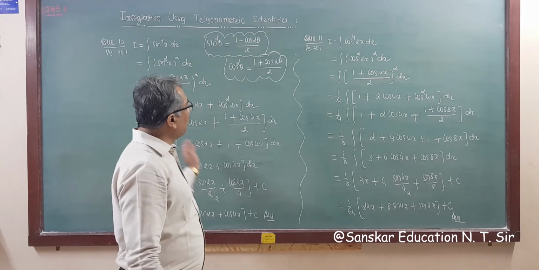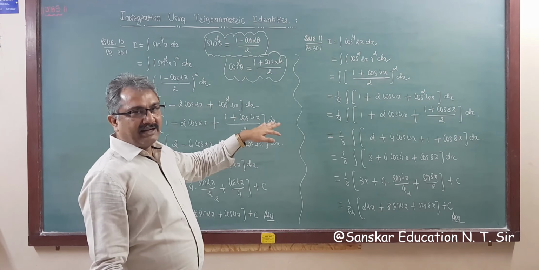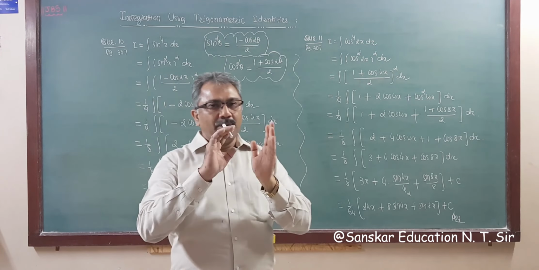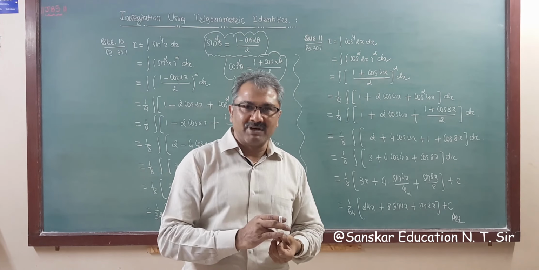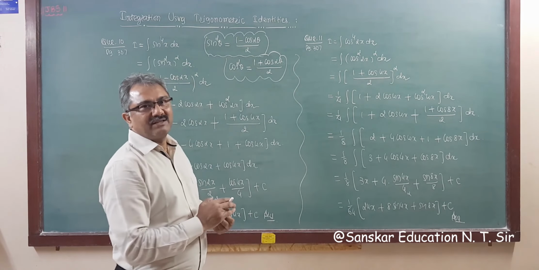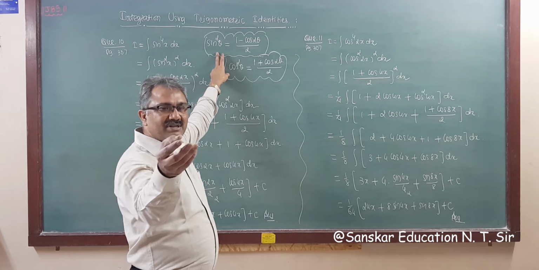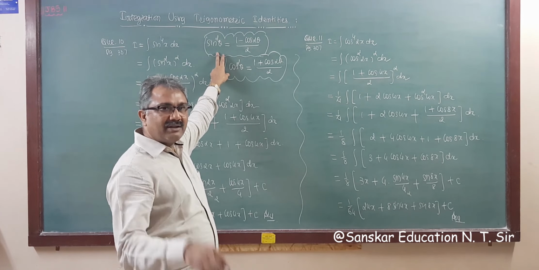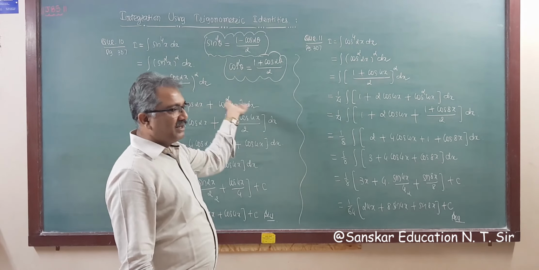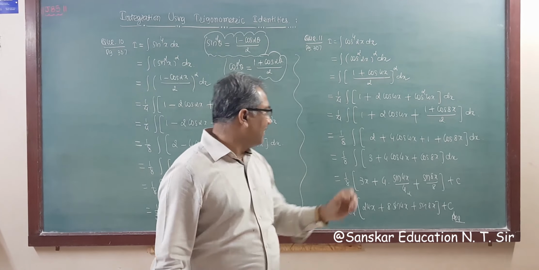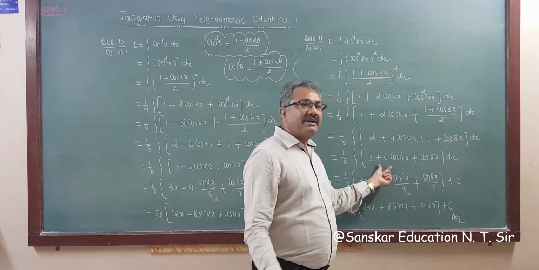Got it? So both are the same, right? And as we discussed, if there is an even power of a trigonometric function, then you have to apply these two formulas for sine and cos, and for another function you have to apply the appropriate formula accordingly and then simplify. And after simplifying, once you get to this step, you can integrate very easily.